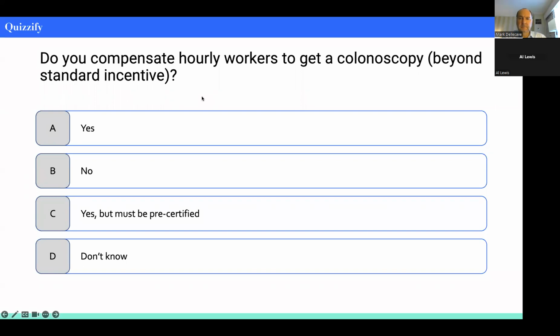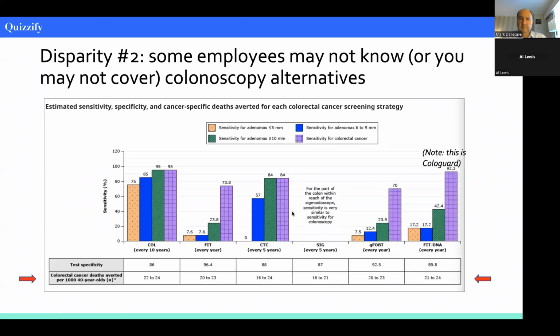All right, well, let's see what the results are. Okay, no, see, that's a health disparity, because it's actually costing people more who are hourly than who are salaried to get a colonoscopy. Now, how does Quizzify? So that's one disparity. Disparity number 2 is some employees may not know, or it's possible you may not cover